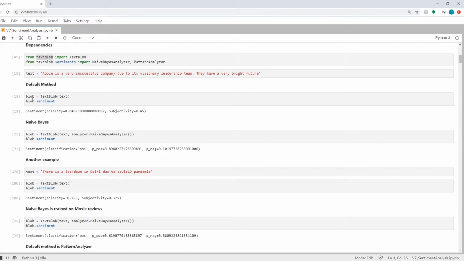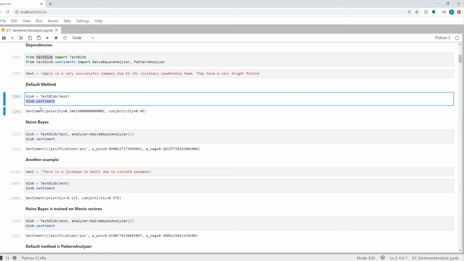So I pass the text to this TextBlob function and get the sentiment using blob.sentiment, and polarity is the sentiment, so positive values mean positive sentiment, and if you have a negative value here, it will mean negative sentiment. It also gives us the subjectivity score, so how subjective the text is. If it is higher, that means it's an opinion, a subjective text. If it's a fact, then the subjectivity score will be low.